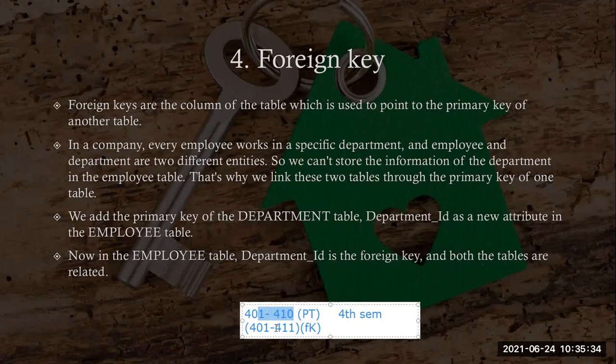So what is the solution? To insert the 411 value, first of all, you have to mention that value in the personal table. Why in the personal table? Because the USN number you have defined as the primary key. Put the value there and then insert it in any other table.